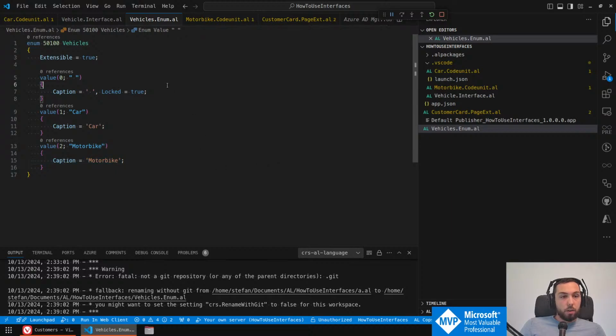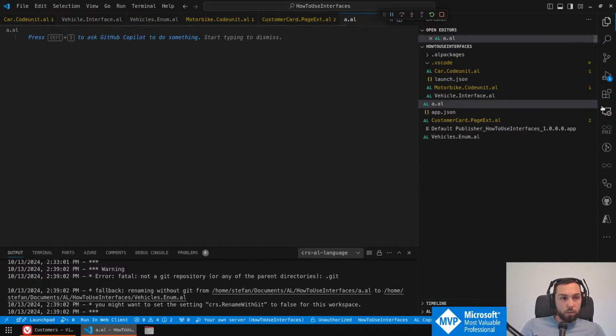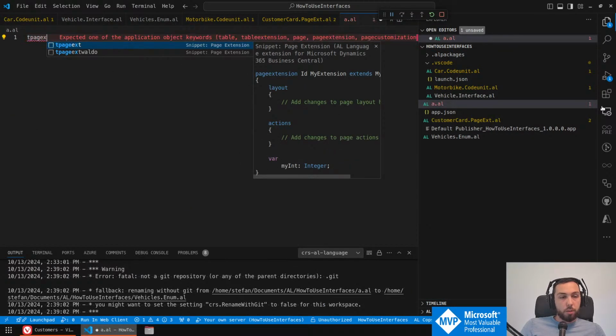All right, now the old way, when we had just option values or whatever, to call this would be to go in here in the page extension, create a case, and then depending on the selected enum, I can then call the correct function. Let's actually create a quick page for this, because it would be easier to show you and to demonstrate how it works